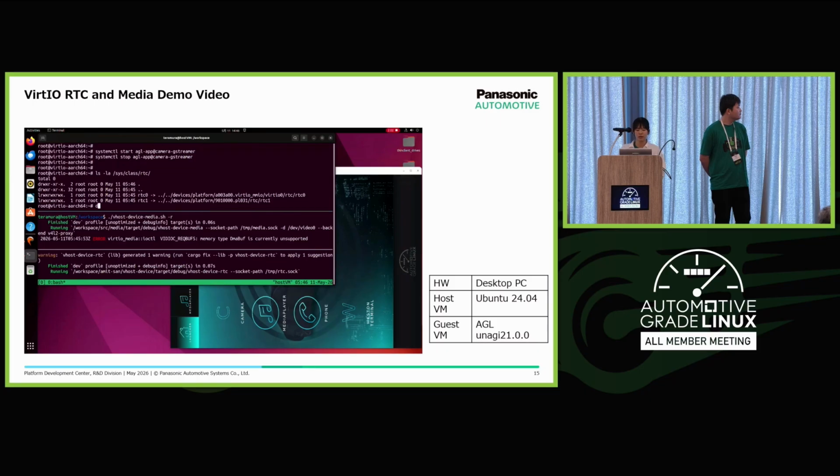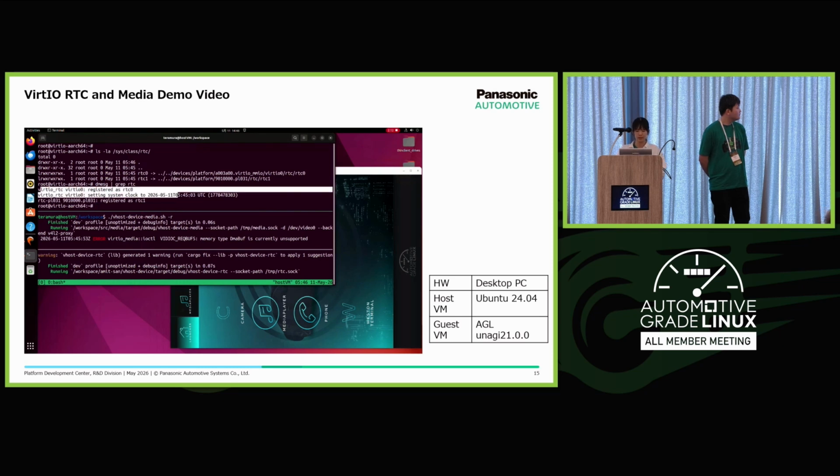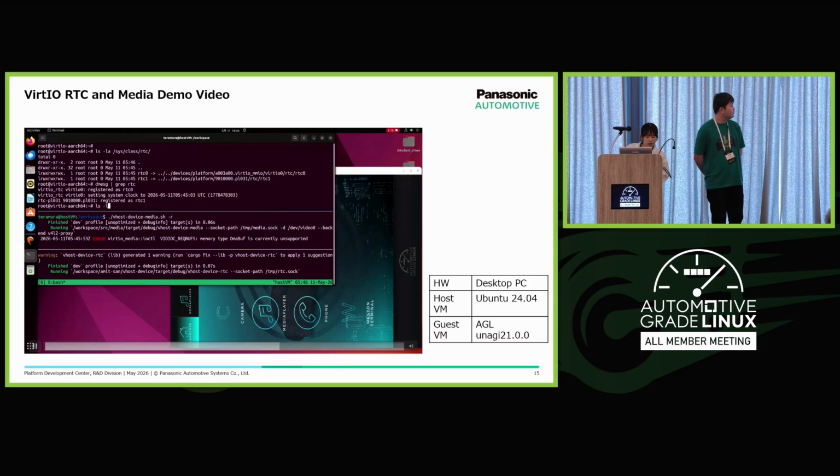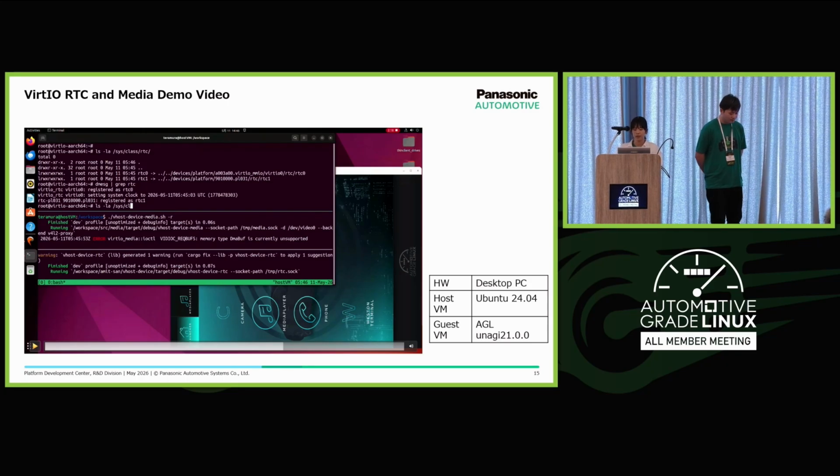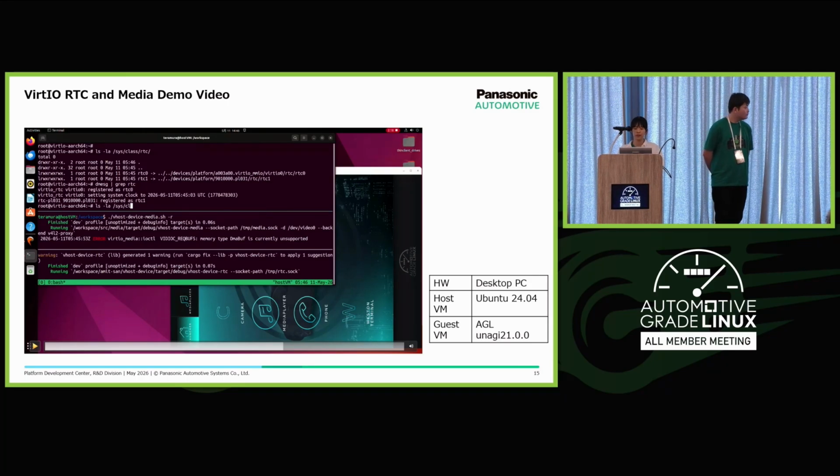Two types of devices appear in the RTC class, and you can confirm that Virtio-rtc is present. In addition, by checking the dmesg log, you can confirm that Virtio-rtc is used as the system clock source during boot.